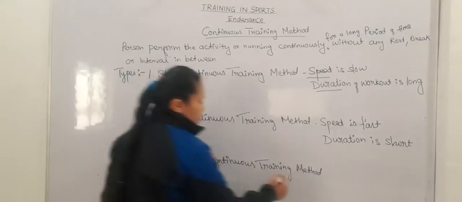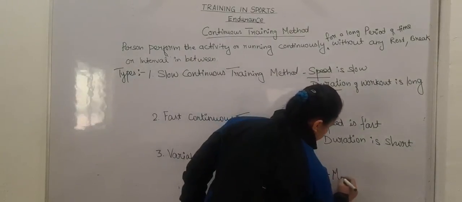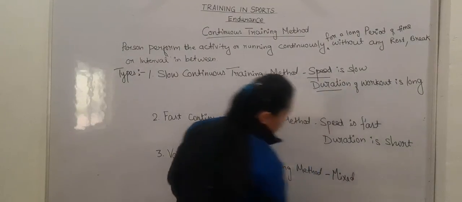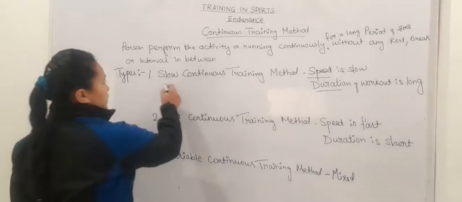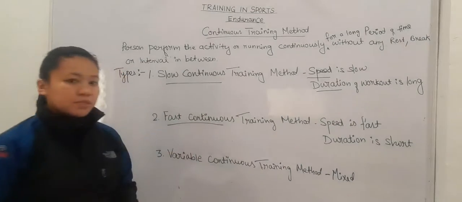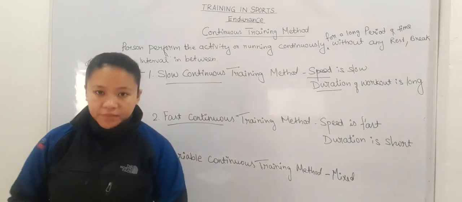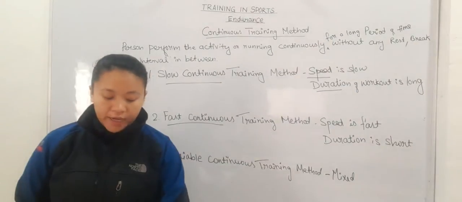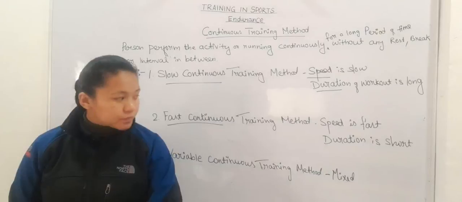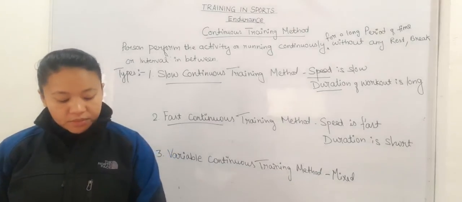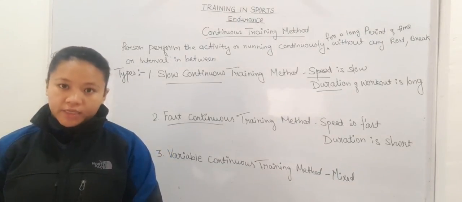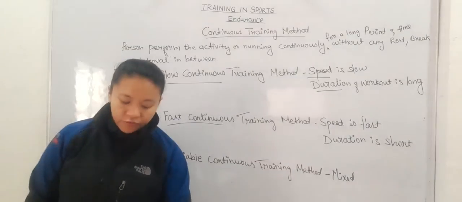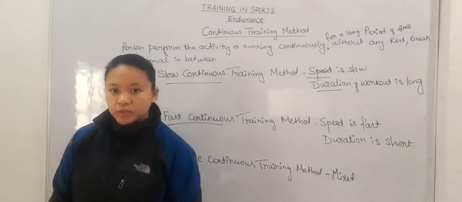And variable continuous training method, it is a mix of slow and fast continuous training methods. Sometimes the speed is slow and sometimes the speed is fast. Okay, it is a combination of slow and fast continuous training methods. Sometimes the speed is kept slow and sometimes the speed is kept fast. It develops both aerobic and